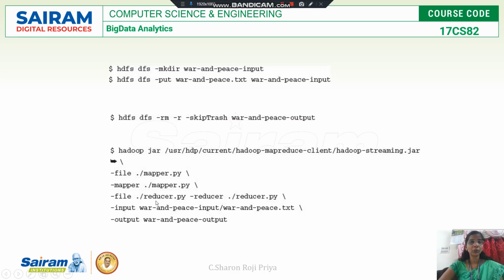Similarly, the -file option specifies the reducer program, and the -reducer option is used to mention the reducer program. And similarly, -input specifies the input file, and -output specifies the output directory. So this is the command to run your MapReduce program